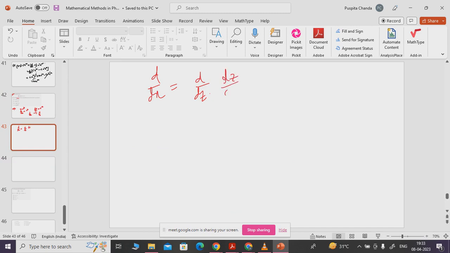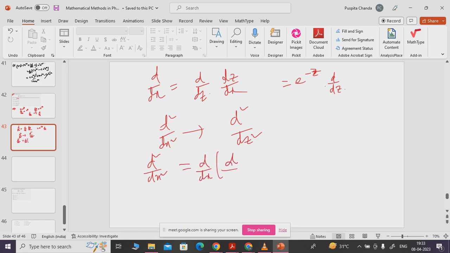d/dx, we can write it as d/dz into dz/dx. It is also d/dx, so it will be e to the power minus z into d/dz. Similarly, we need to convert d²/dx² to d²/dz². So d²/dx² will be d/dx of d/dx. So what is d/dx? d/dx we have given as e to the power minus z d/dz,